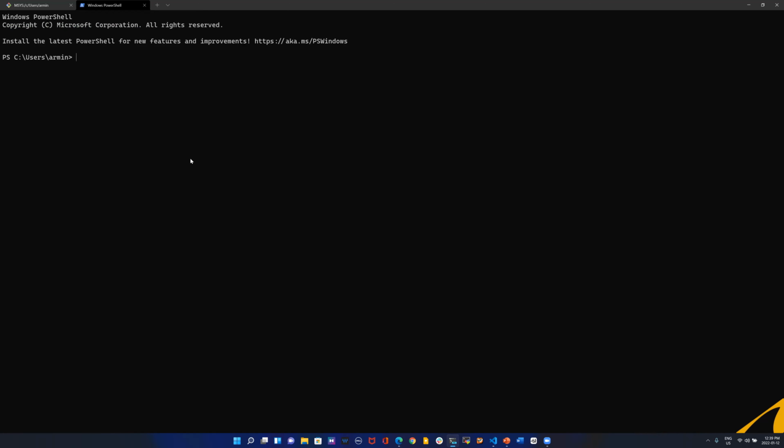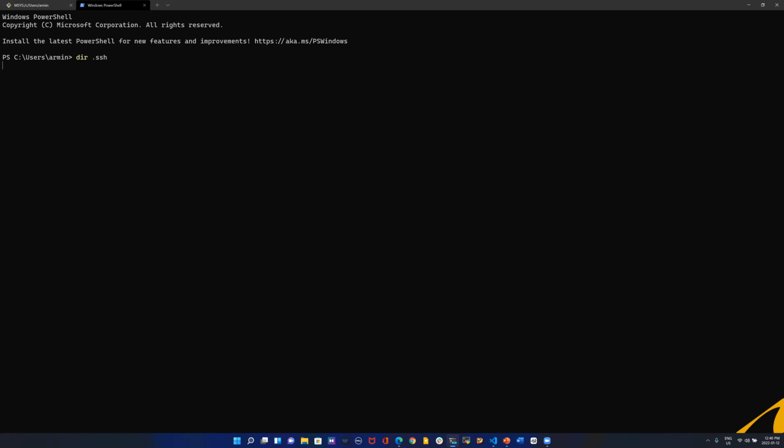But you shouldn't do it under the WSL, because the WSL uses another folder, and Visual Studio Code under Windows relies on the OpenSSH,